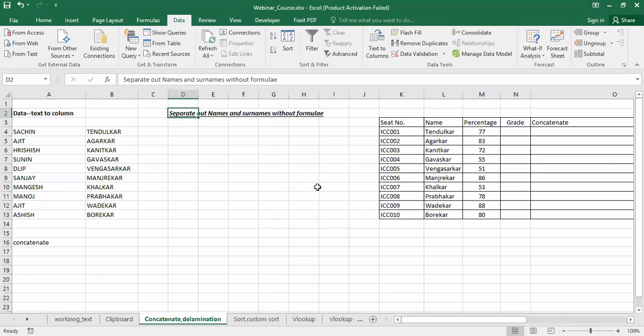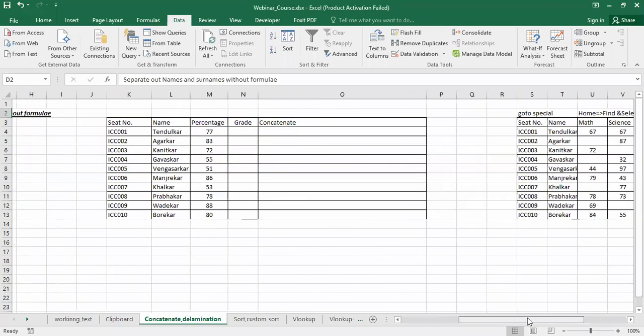Now next one is the use of the concatenate command. So concatenate is the reverse of this. Like if you have different data and you want to merge the data, then in that case, we can make use of a command that is called concatenate. That is again a very powerful command. Now I will take this particular task.